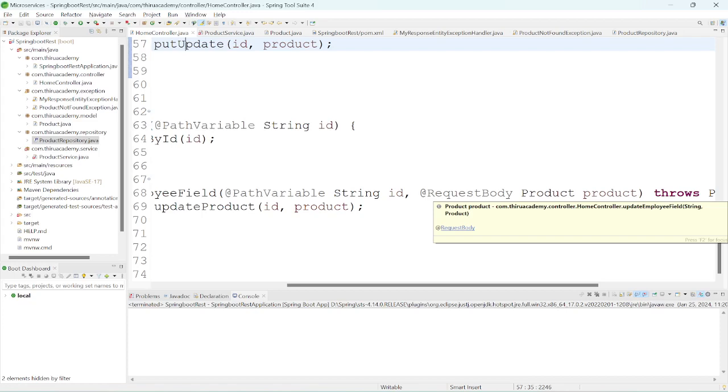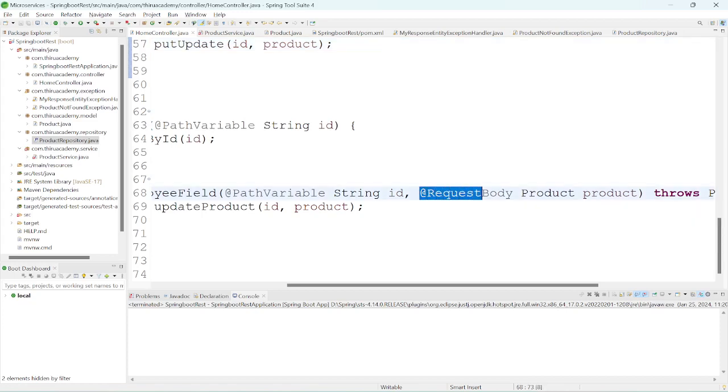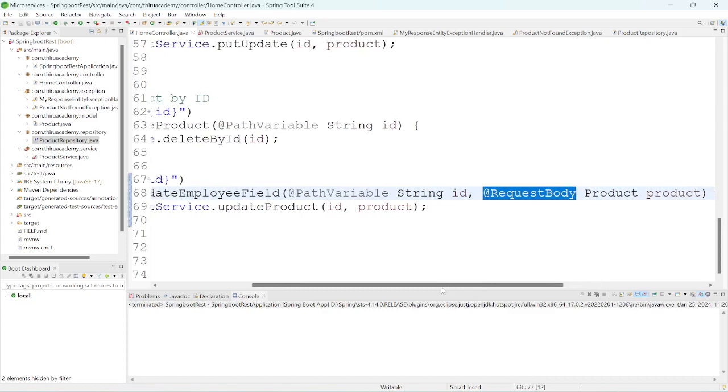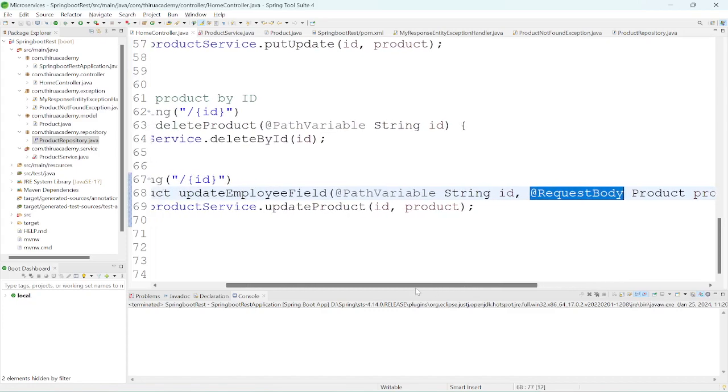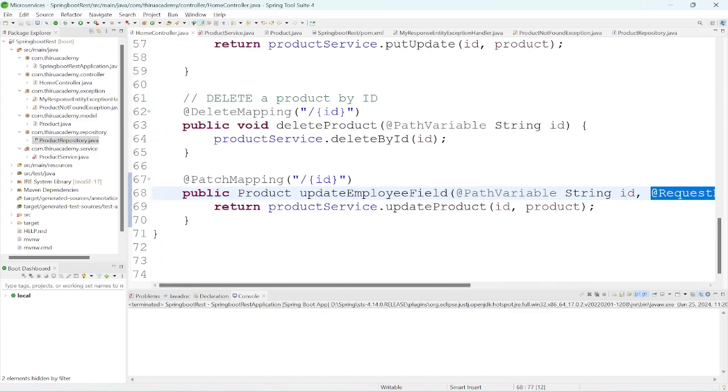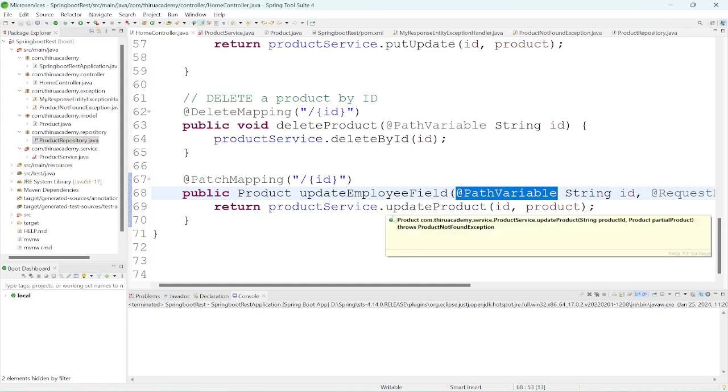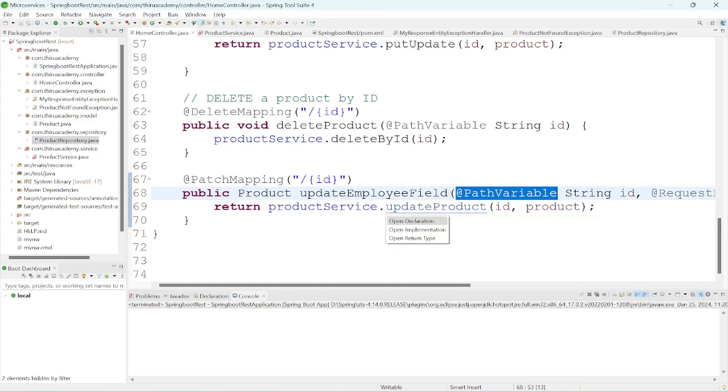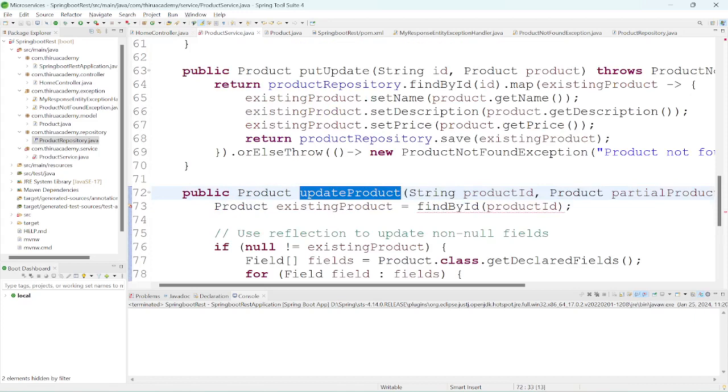That's why we need to receive that body value, right? That's why we need to use the @RequestBody annotation to receive the body part of the JSON object whatever we are getting through Postman. The @PathVariable annotation is useful to get the ID value whatever we are providing in the endpoint URI. So we are calling the productService update method from the controller, and